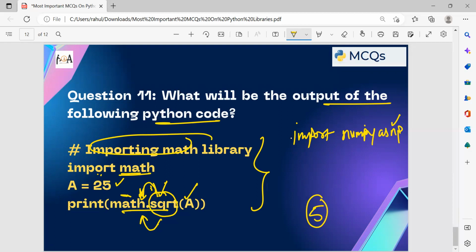So I hope, guys, all the important questions that we have discussed here in reference to Python libraries are very much clear. You can ask your doubts, confusions and queries in the comment section and give your honest review on whether you want to continue such lectures in future. If it is useful for you, we will happily discuss more such important questions so that you can prepare very well for emerging technology languages like Python.